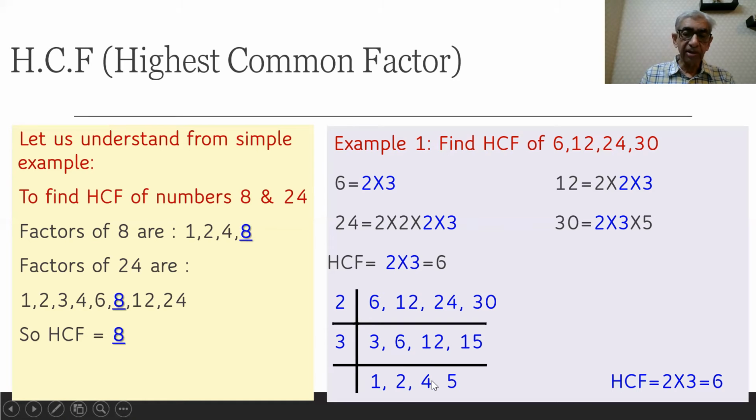Now on all these there should be a common factor. I am finding, since one figure has come 1, that means common factor is not there. It should be common to all. So my HCF becomes 2 into 3, 6. I could have taken 6 straight away. There is no harm in taking the higher number. It need not be a prime factor. If I had taken 6 common, it would have become 1, 2, 4 and 5 straight away, and 6 would have been my HCF.